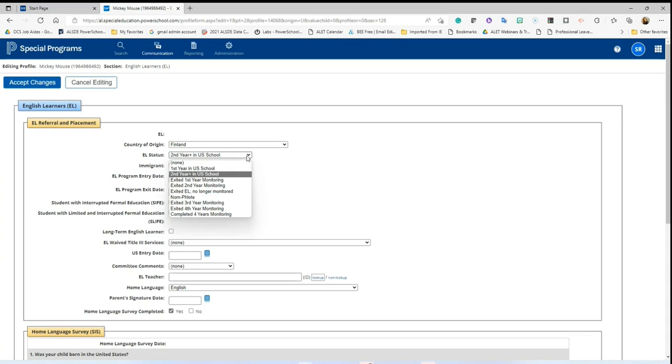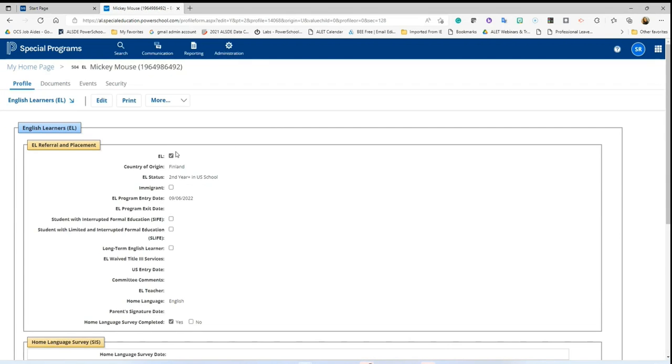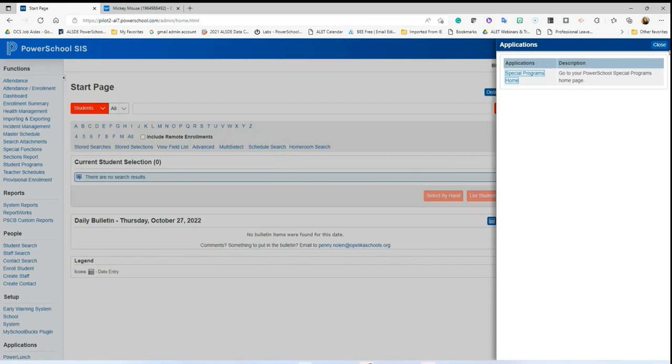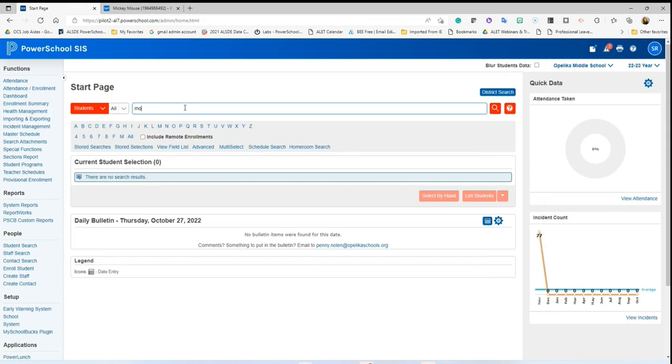So this is where each year your EL teachers or coordinators, whoever has the responsibility, comes in and moves that determination depending on if they're just testing and qualifying, or if they're in a first or second year of monitoring, or it's the time that they've completed their monitoring. This is where that change would be made. They would have their current test date. And once this is saved, then that is what checks this box that they are an EL student. That then triggers two things. That triggers this EL icon here in special programs, but also if I come back over here into the SIS,